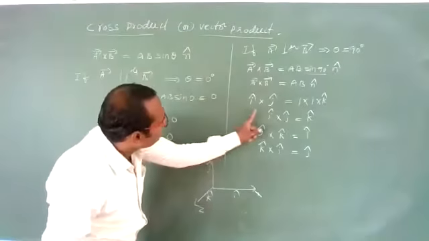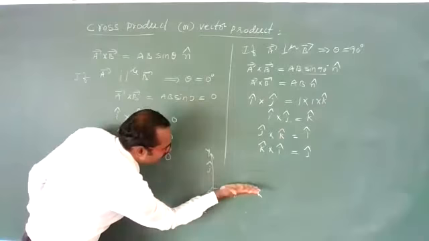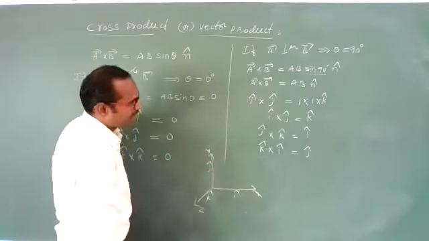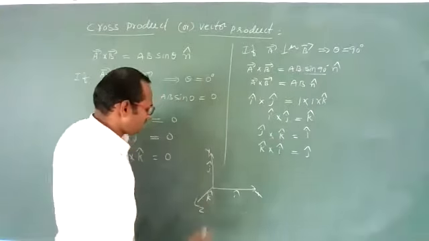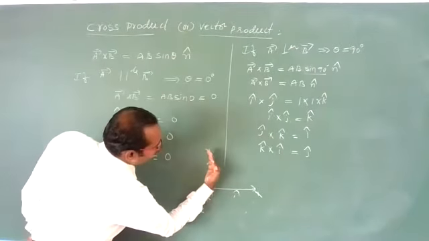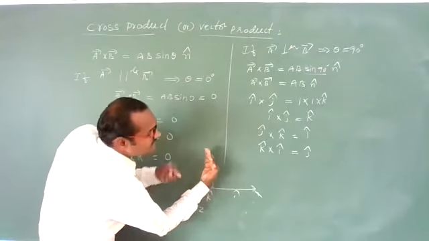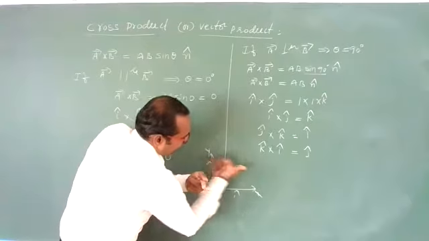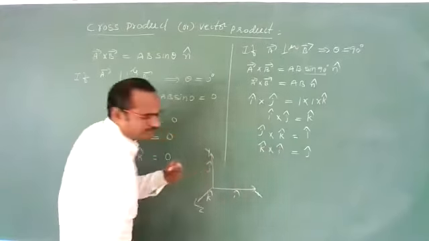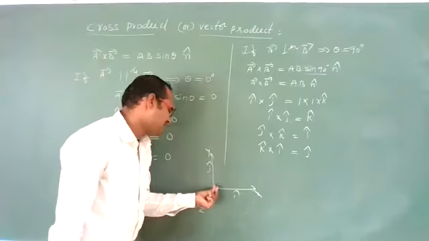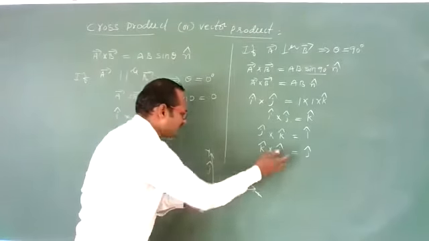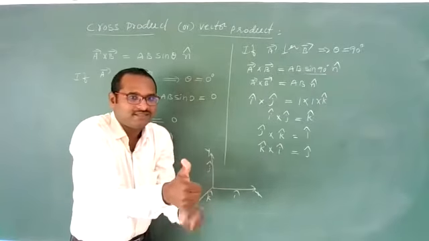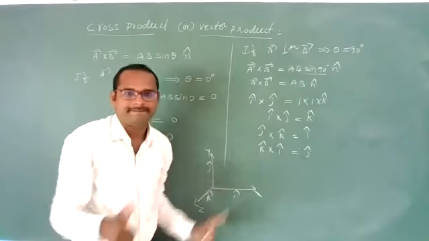So you are having i cross j. I cross j, the finger is going along the z axis, meaning you will get k cap. You are having j cross k. So this is j, okay? K is this side, so you should keep the hand like this. J cross k, the finger is going along the x axis. So i cap. Now it is the z axis. K cross i: I is that side, my finger is going up. J cap.